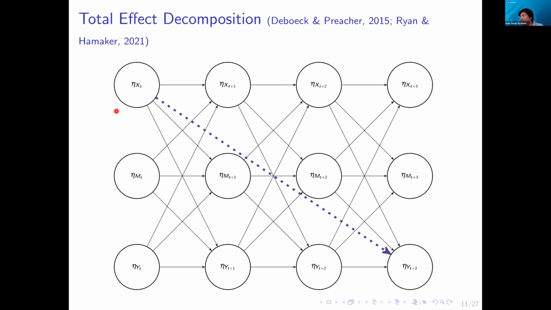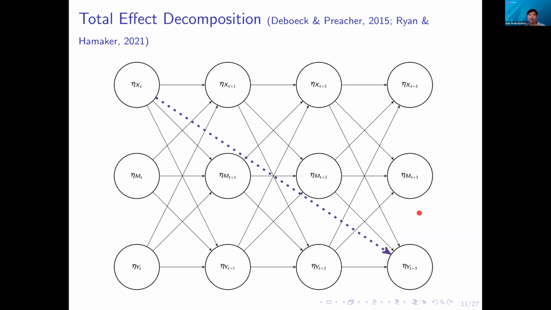So we have variable X, which is stress, affecting mood at a particular time interval. It can be any time interval, but in this particular example we have a delta of 1, 2, 3. In this framework, we think about this as the total effect: the total effect of variable X, stress, on variable Y, mood. The idea is that there are a lot of effects flowing from here that reach this. You can see there are different possible paths from here to here. So this is the total effect.